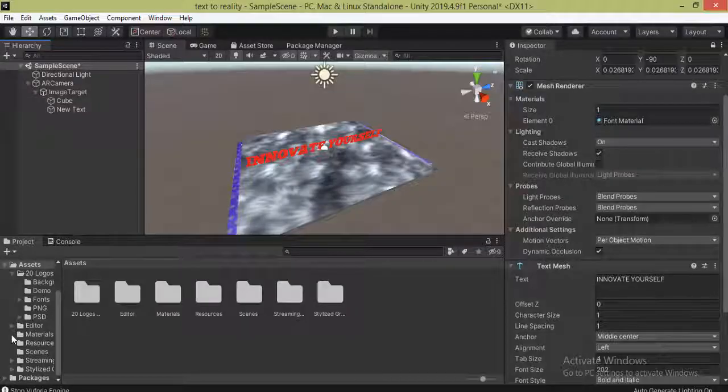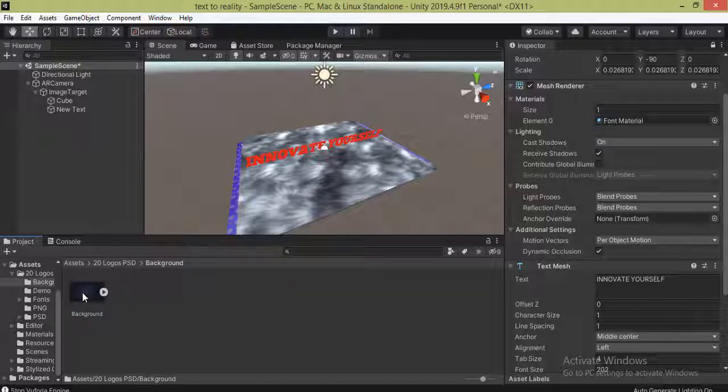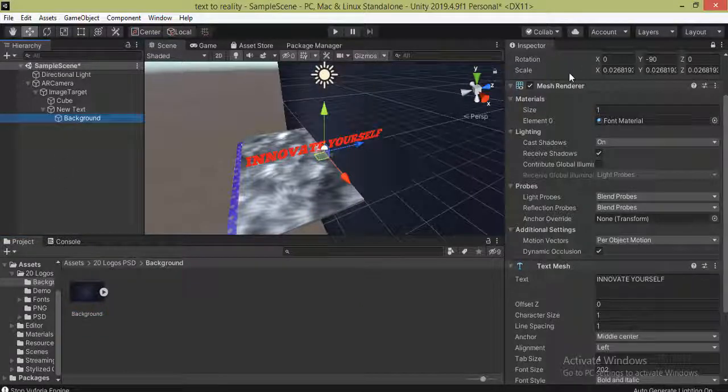So the reason I select this font type, because if you click here, you will see there is one option of background. So if I click here, with the help of this, I will change the background. So what I am going to do, I just click over it and drag it into the text. And after that,